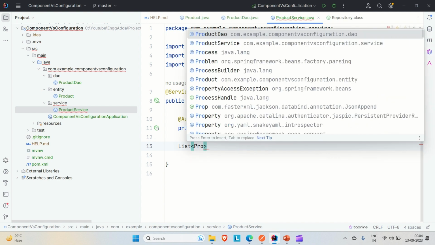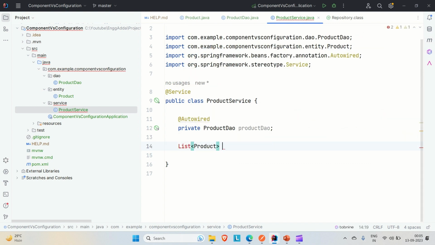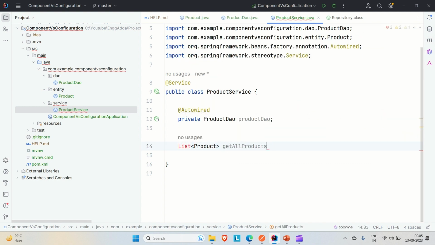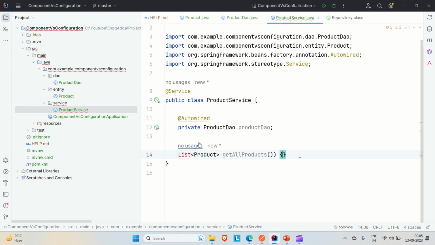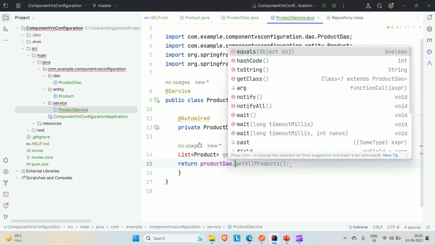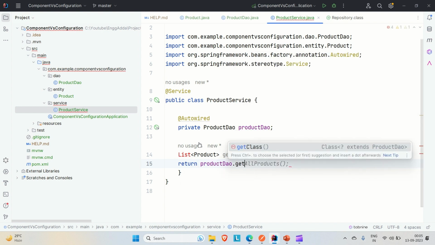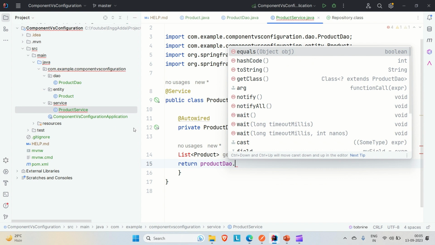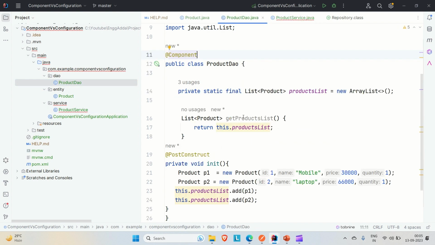So getAllProducts, and return productDAO dot, what was the method? Let me go to the ProductDAO, and the method was,